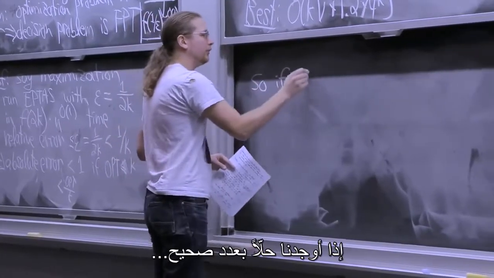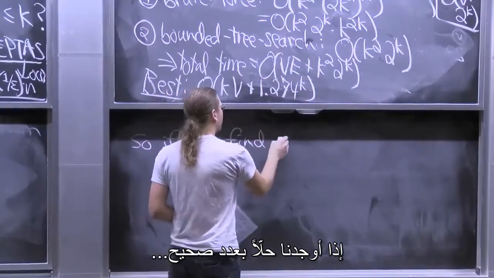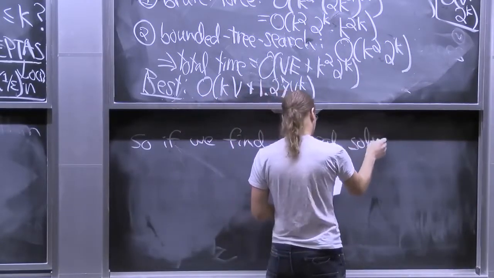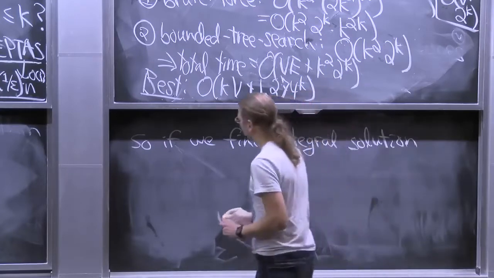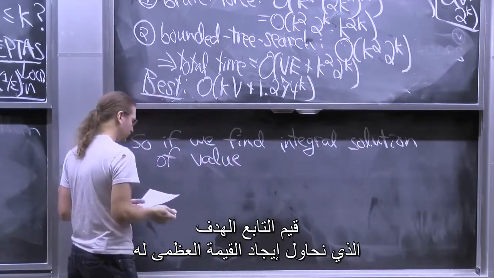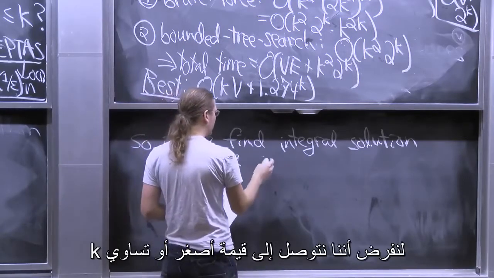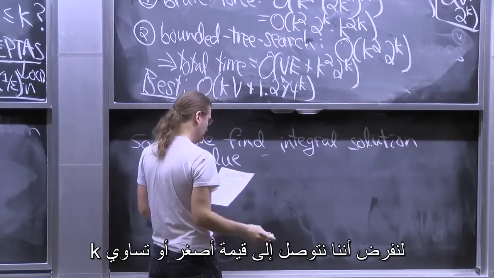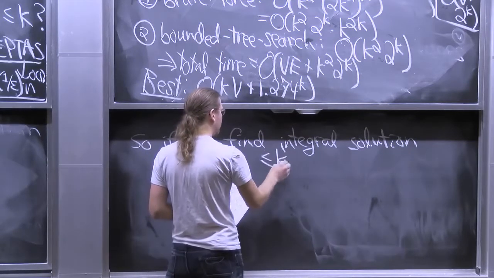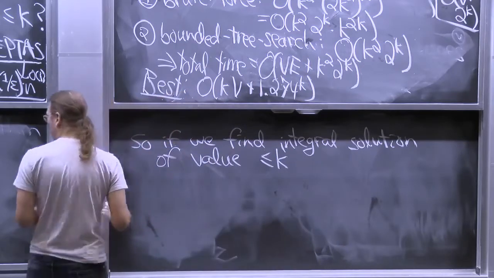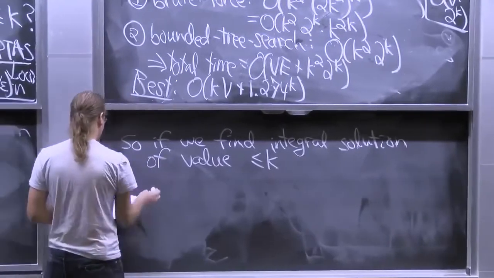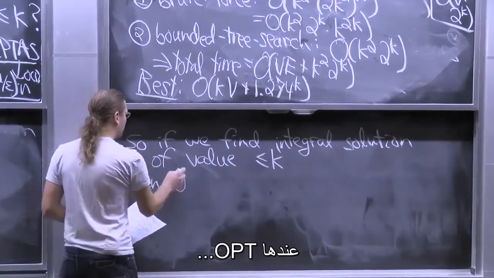So if we find an integral solution, value is the objective function we're trying to maximize. Let's say we achieve something value less than or equal to k, which it better be if opt is less than or equal to k, then opt